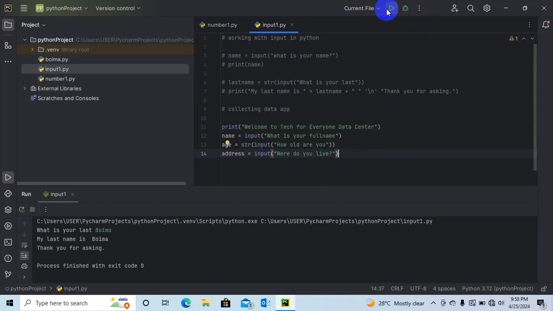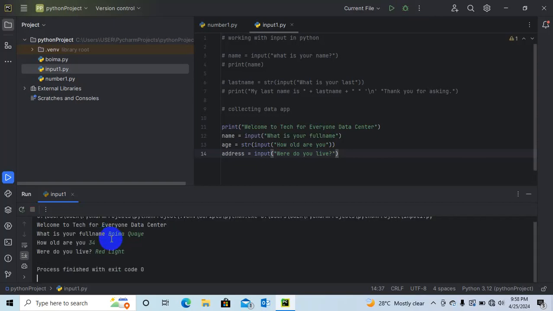Now let's try it so you can see it. We come here like this and run this. Okay, so they're asking us for our full name. My name is Tomakwe. Enter. And how old are you? My age is 43. Enter. So it's asking, where do you live? I live where I like. So that is the question it asks me.